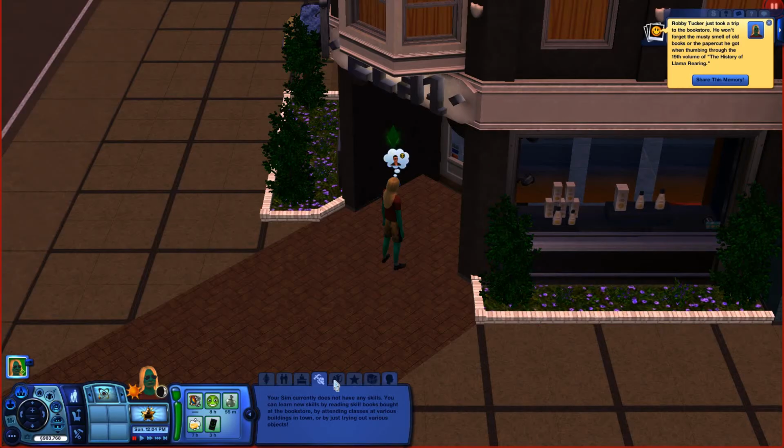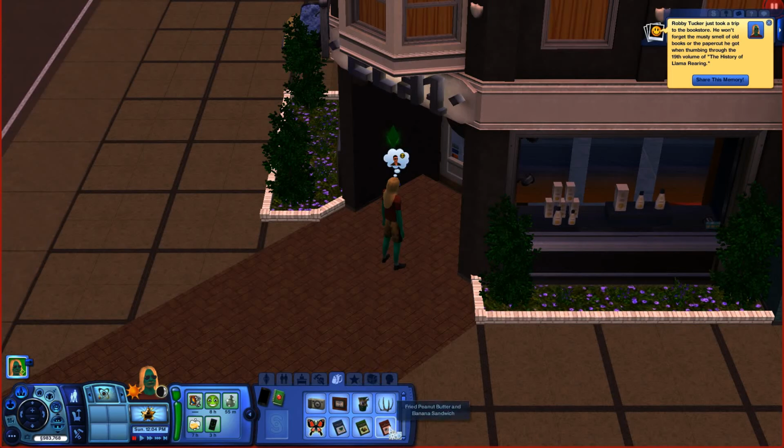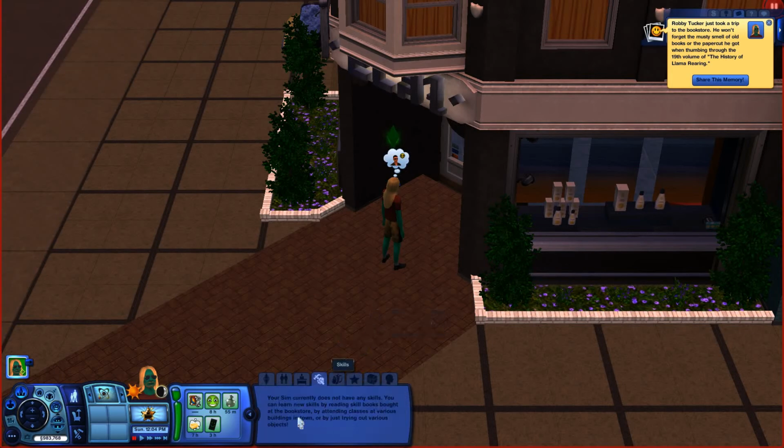Them and pause the game. We'll go to the inventory down here at the bottom, the little backpack, by clicking on it, or you could hit the I button, whichever you prefer, and you'll see that these books are now added to my Sims inventory. And as I said, I'm not at the level to read those books right now since my cooking